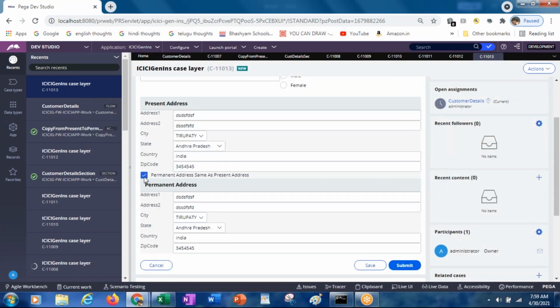So now if both are same, it will copy the values, else it will be clearing the values like this.